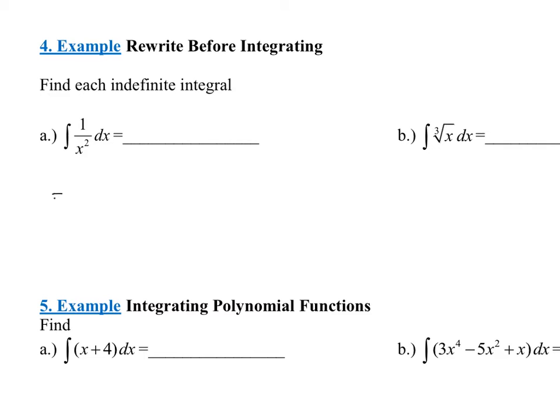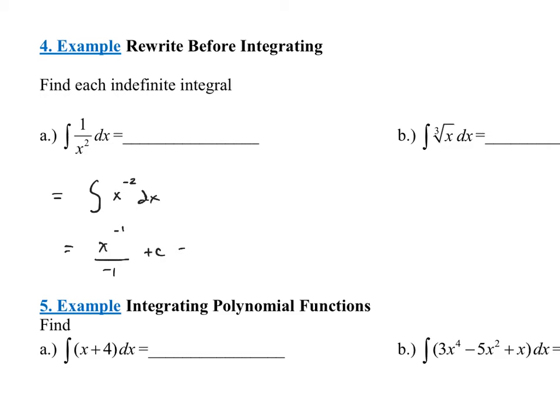What are you going to do anytime you see x to any power? Well, rewrite it just like we would if we were finding a derivative. What I would say is this is the antiderivative of x to the -2 dx. We want to bring that x to the numerator with a negative power so we can use that power rule. So when I integrate that, again, it's going to be x to that power plus 1, which in this case, -2 plus 1 is a -1, all over -1, and then we have our plus